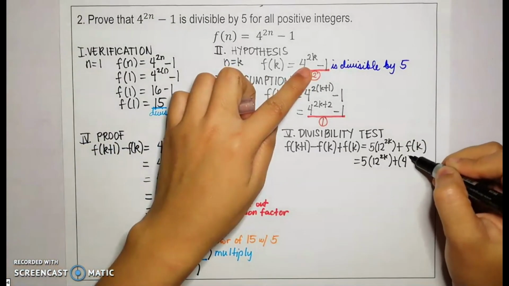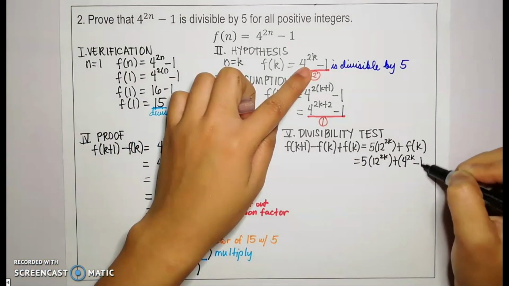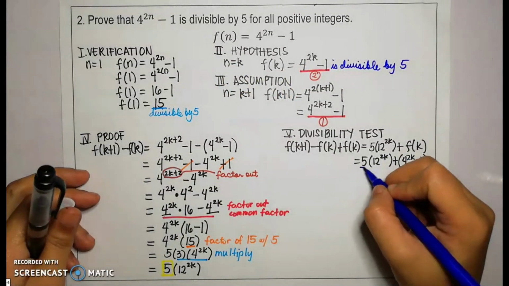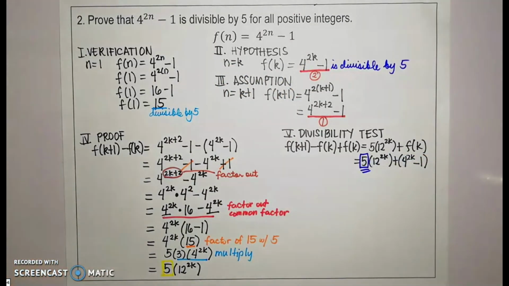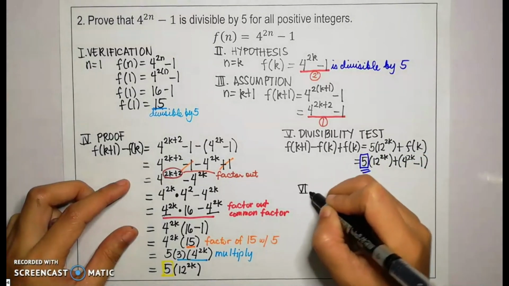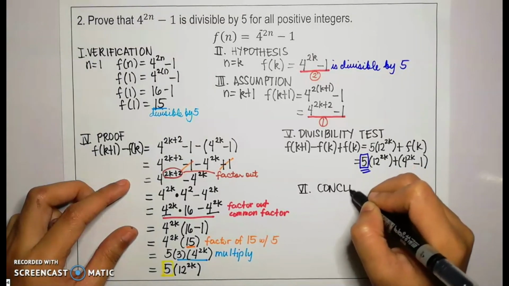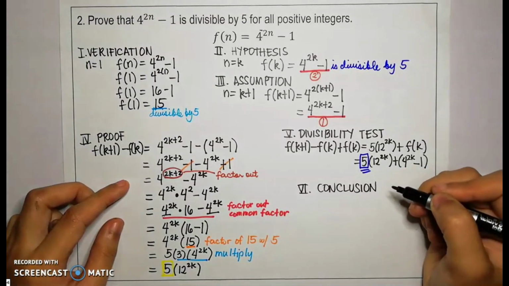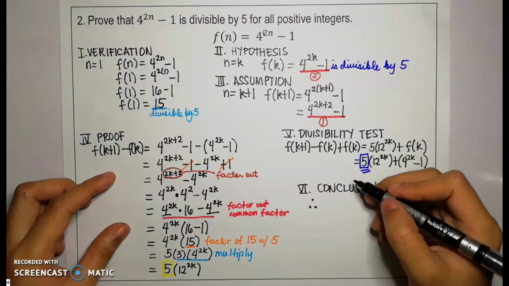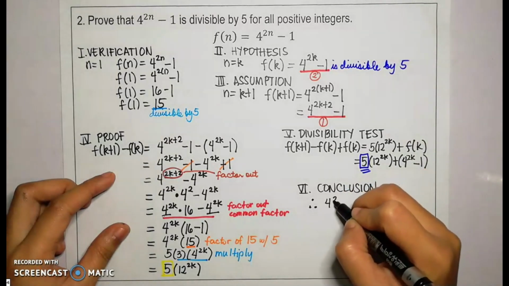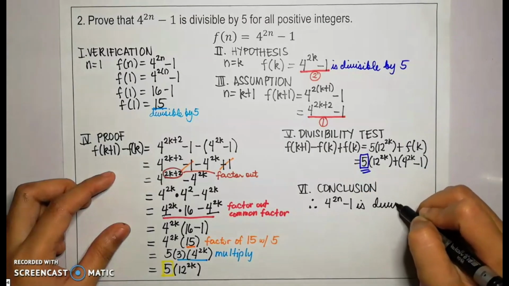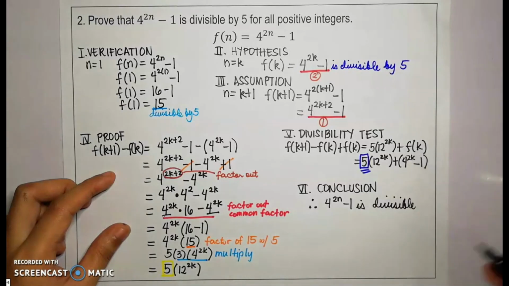Okay, we will repeat this. 4 raised to 2k minus 1. And our answer is 5 times 12 raised to 2k plus 4 raised to 2k minus 1, and 5 is divisible by 5. So we can conclude that f of n, which is 4 raised to 2n minus 1, is divisible by 5